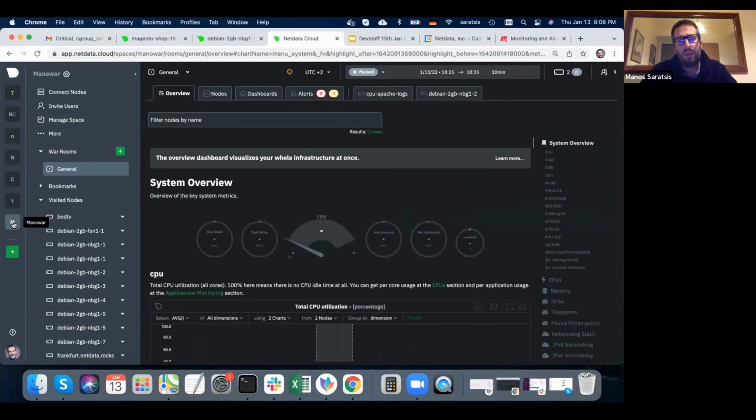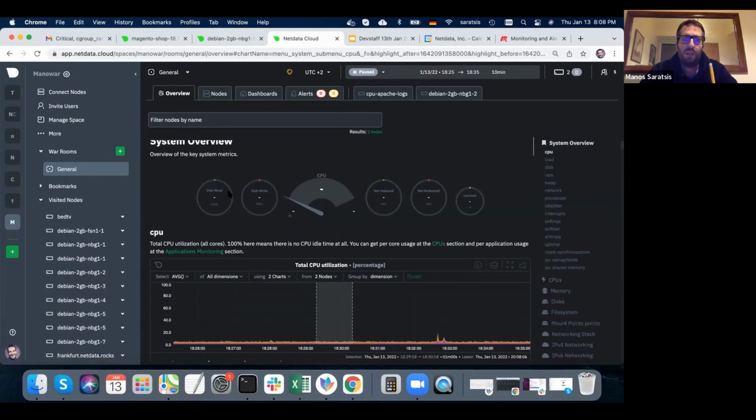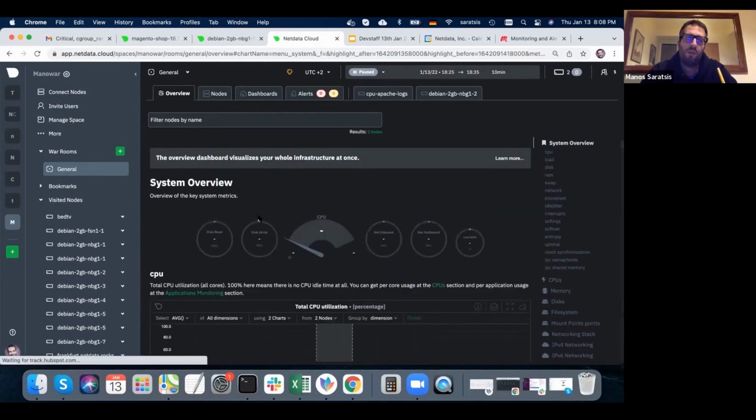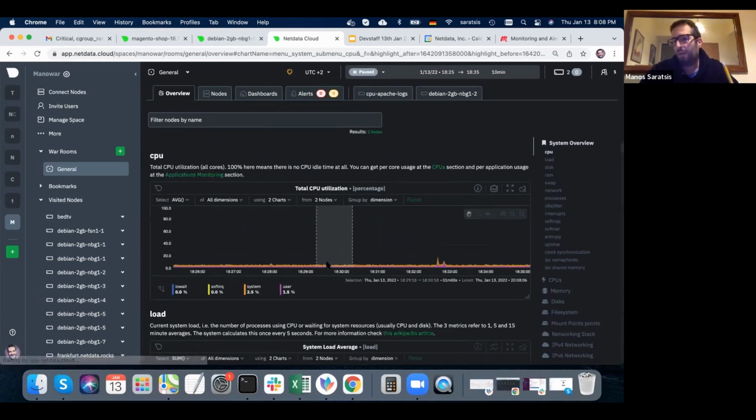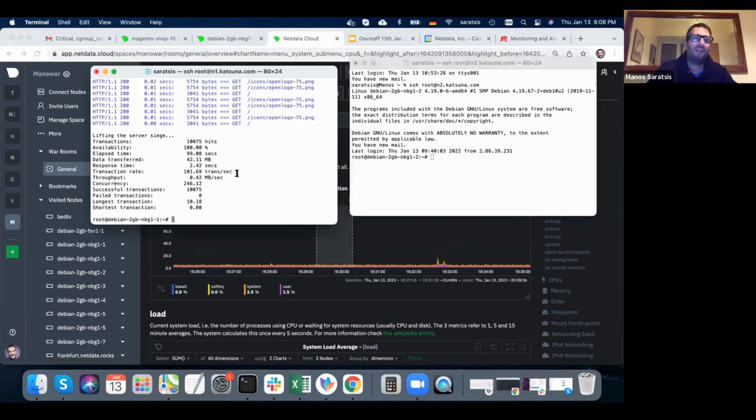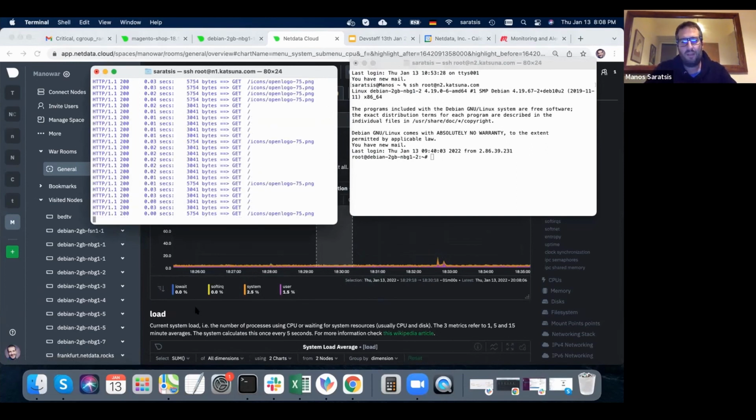Now I've shown you from a very little infrastructure to two machines. After installing them and connecting them to the cloud, you get to a war room, and in this war room you can see the overview. In the overview you can see all the charts you saw on a single machine, but now with the metrics combined into a single chart. In this case, you see the average CPU utilization from these two nodes. You see this little spike that was created after running the attack, the stress. And you can see that even on the cloud,